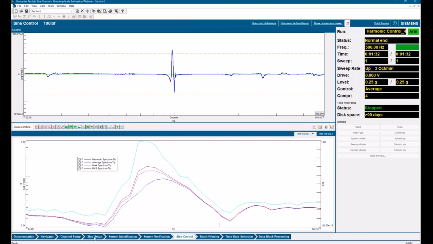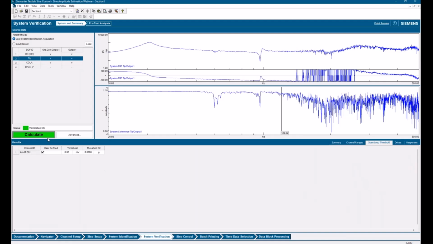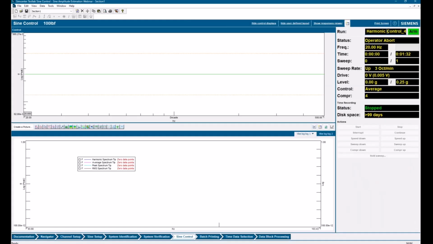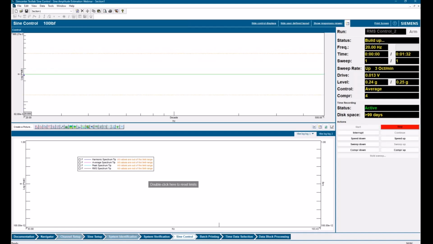Let's go back and we'll run another test and we'll switch our control estimator. Let's use RMS this time. I'll change the name here. RMS control. Go again.